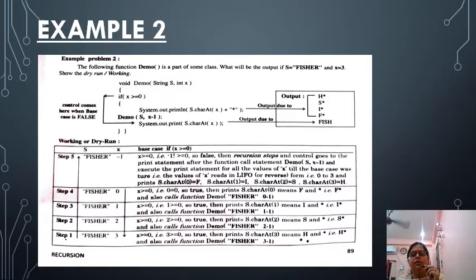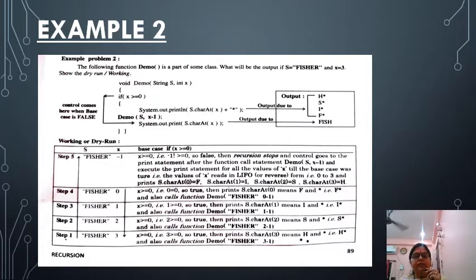Here, System.out.println, the character at x is there, star. Now due to this, the output will come: first h will come out, then s, then i, then f. And when the statement is given after the function call, then the output will become like this. See the working of the dry run. The string is fish and x is 3. It will not work till the end. It will work from 0 to 3 because x has been given as 3. See, all the function calls have been given here and you have to write this only.